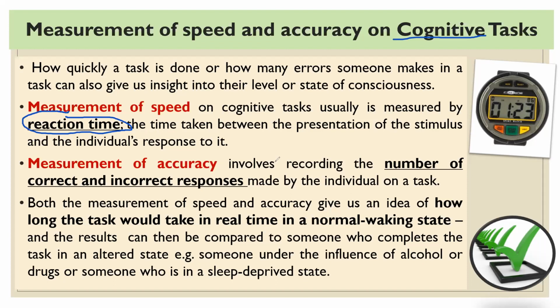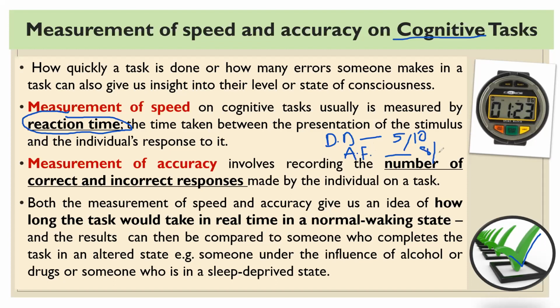The measurement of accuracy basically involves how many correct responses you can have. So if you guys are, for example, daydreaming in class, and then I'm like, okay, guys, pop quiz. And then I give you a 5-question quiz and I mark that quiz. If I can see how many correct and incorrect responses each of you made on that task, I can then make a judgment of who was daydreaming and who was actually paying attention. So let's say the daydreaming student, DD, could have maybe got 5 out of 10 on that quiz, whereas the person who was actually paying attention, so A, attention and focus, AF, that could be maybe 8